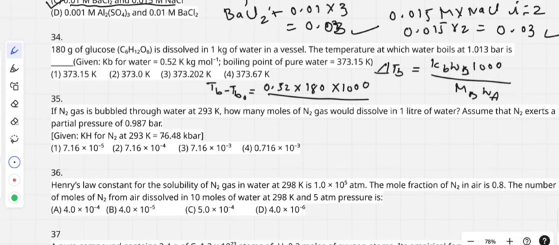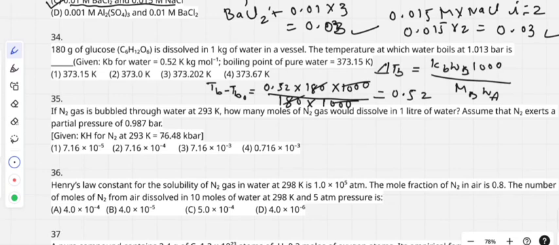Here the molar mass of glucose is 180, multiplied by Wa, 1 kg. 1 kg of water means 1000. So here 1000 gets cancelled, 180 gets cancelled. TB minus TB naught you can get